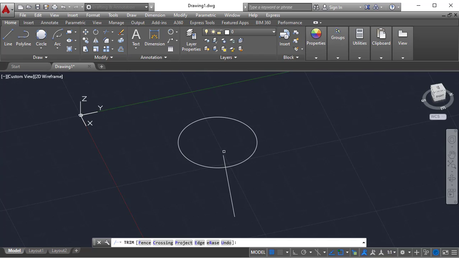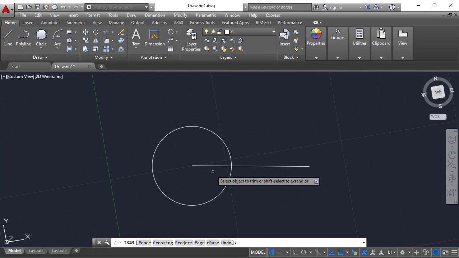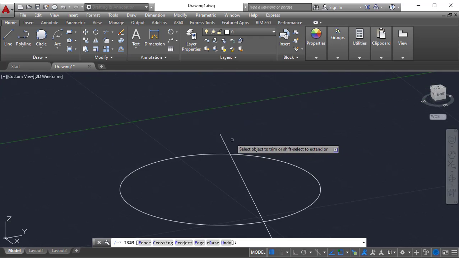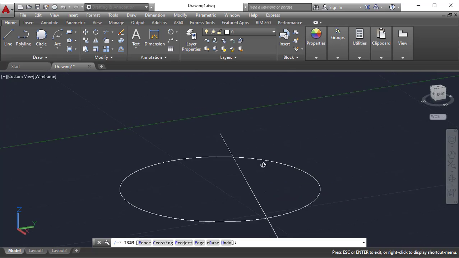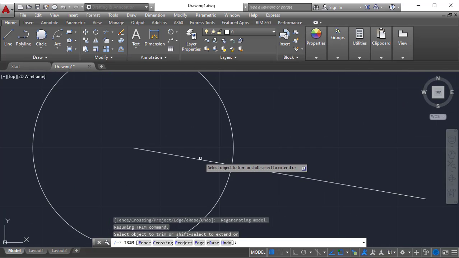But Control Z. I just want to show from the top view, this is like an intersection, and even if I am orbiting like this, I just want to trim it. It is trimming only up to this point. Why? Because from the top, wherever you get the intersection point, that object will get trimmed.